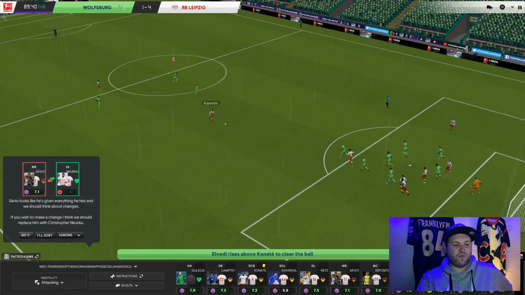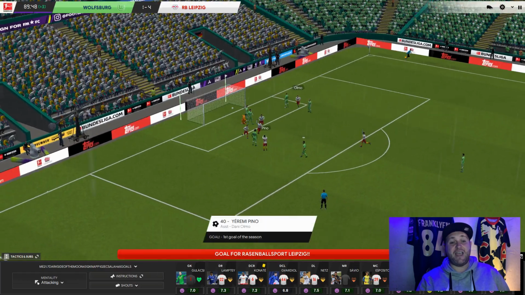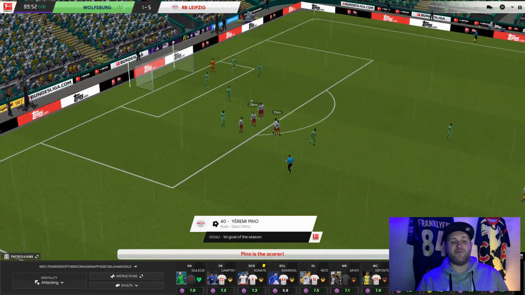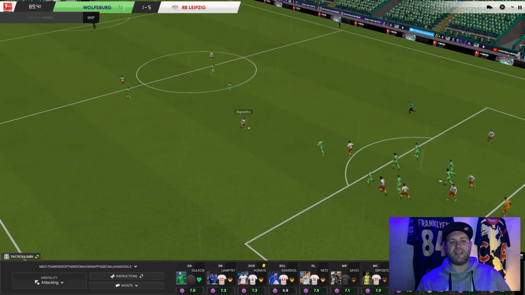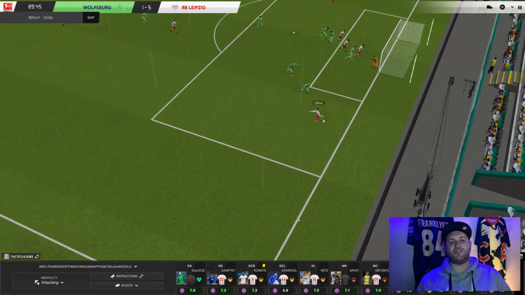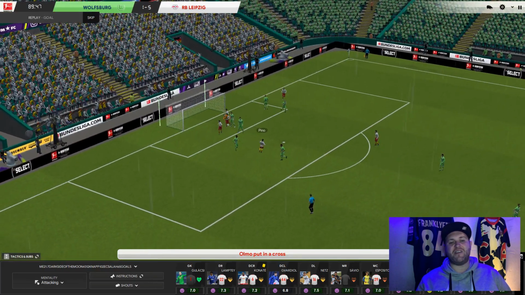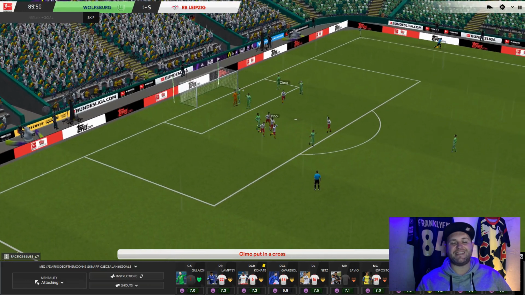It's telling me I should probably bring Savio off for a bit, so I'm going to do that. Olmo gets in, and we have broken the 4-1. We've made it 5-1. Yeah, Jeremy Pino at the back post. So Esposito involved again. Out wide to Olmo. Takes a touch, looks up, drags it back. It gets a slight deflection, but Pino is there quickest to turn the ball into the empty net,